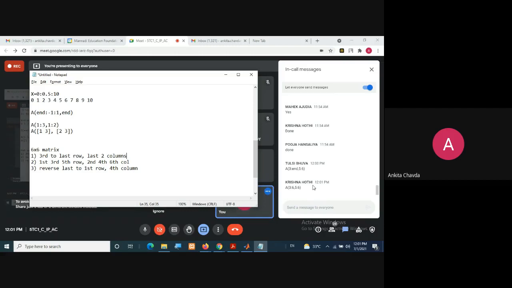For the second one, Fish is writing. Yes, matrix of 135 and 246. Okay, fine, good.